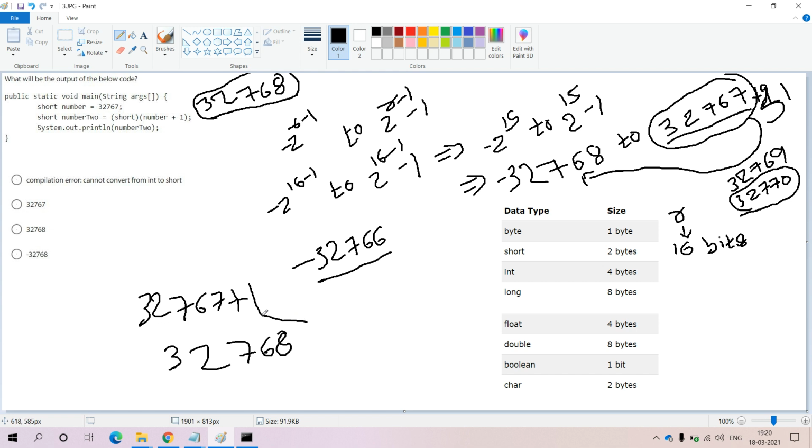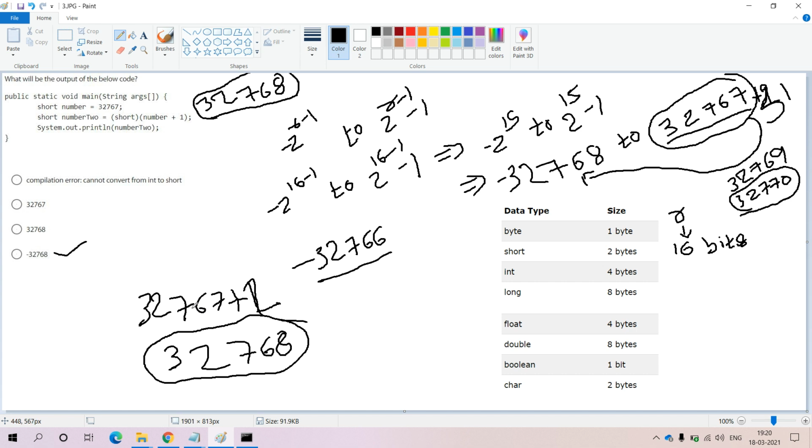Whenever we try to hold 32768 in the short data type, it will print the maximum size of the negative value of the short data type, which is minus 32768. Out of all these 4 options, the right option is D. If you try to increment by 2 the maximum size of the short data type, it will print the negative value by decrementing 1.